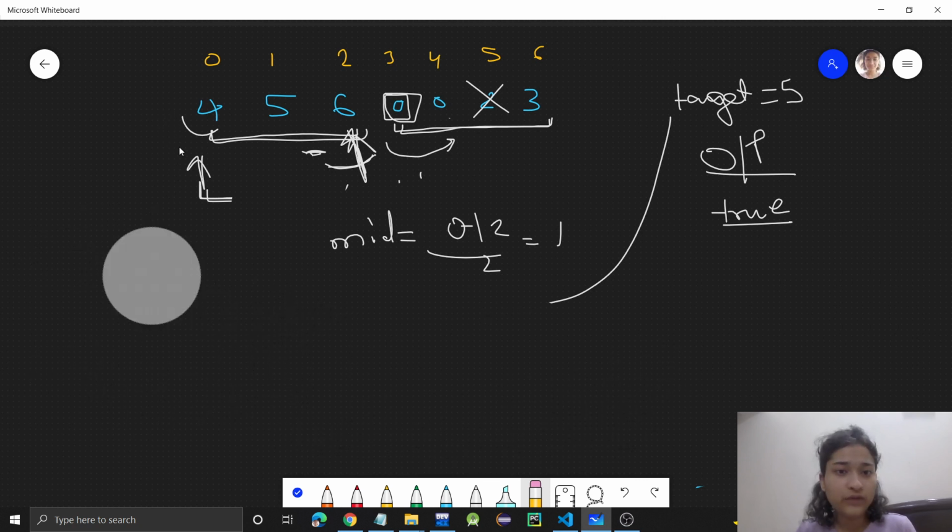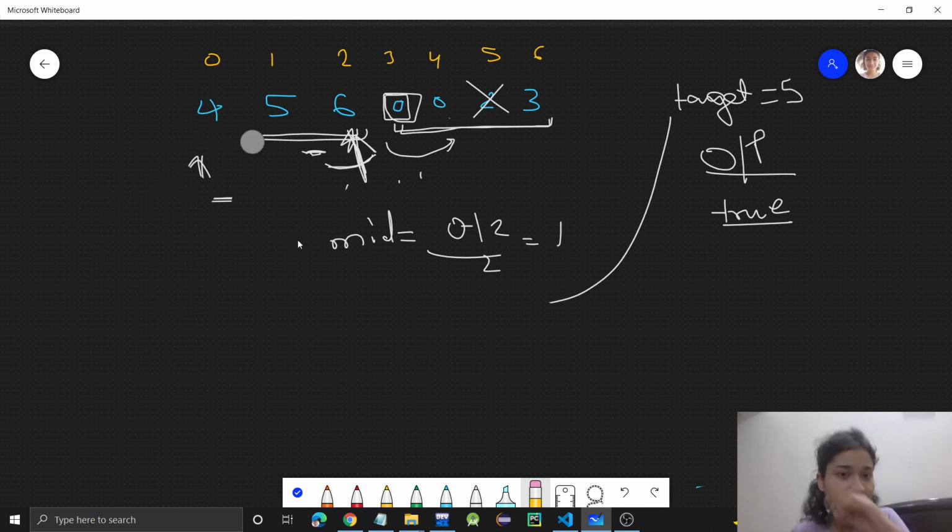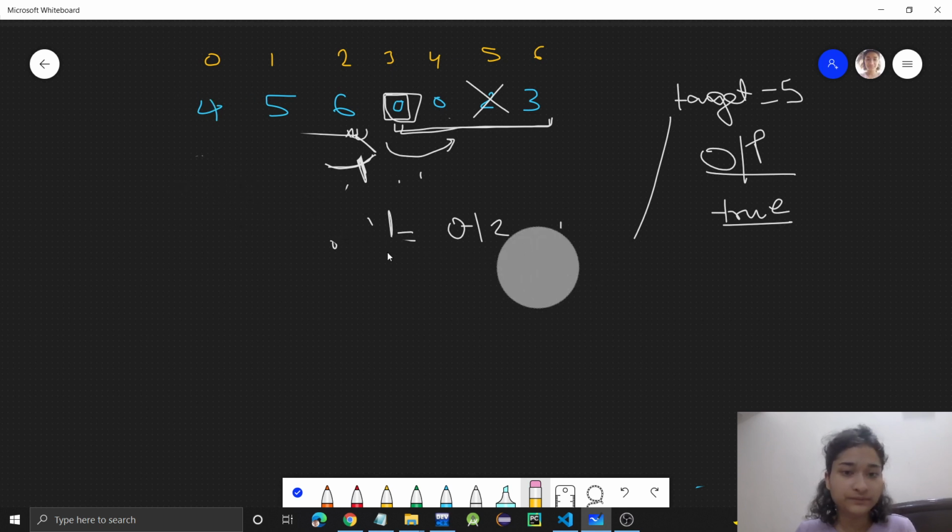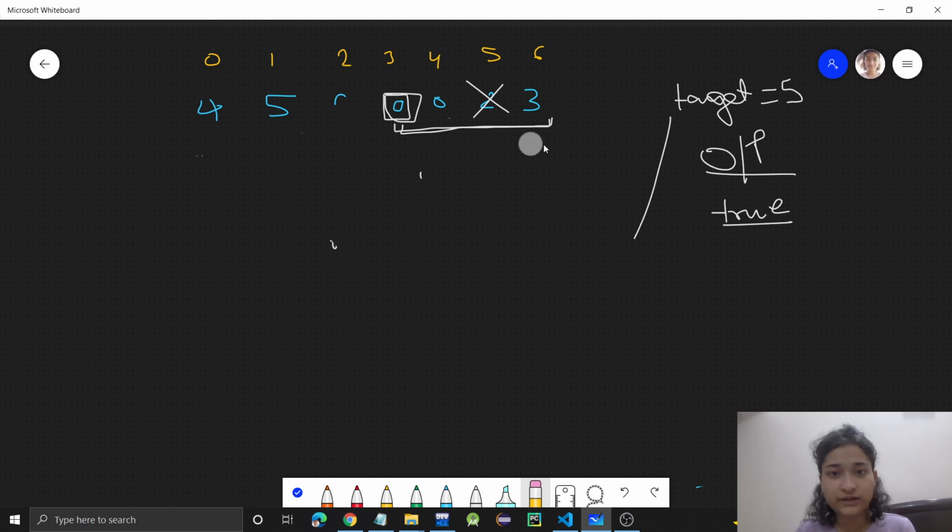We do not know yet how we can solve it, but using these test cases, we will see how we can approach it. Right now we saw how to ignore the right part and how to shift to the left part, when target is greater than ARR of low, we will shift. Now let's discuss more test cases.